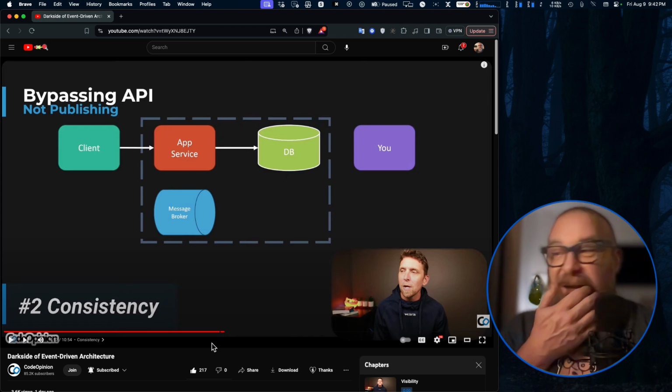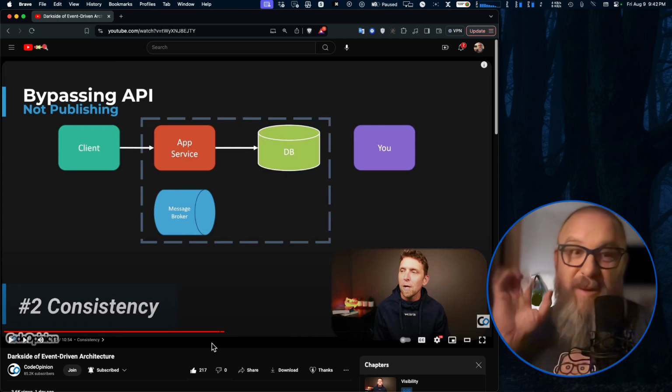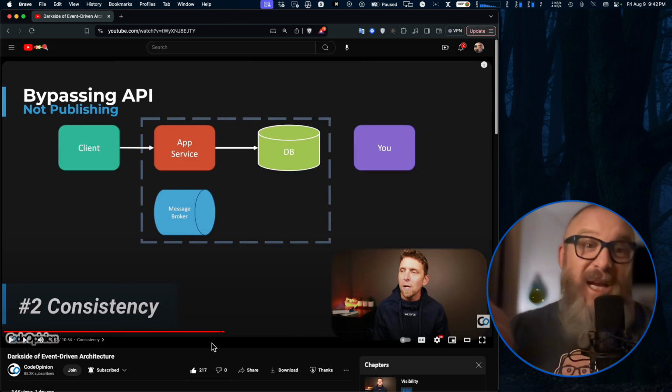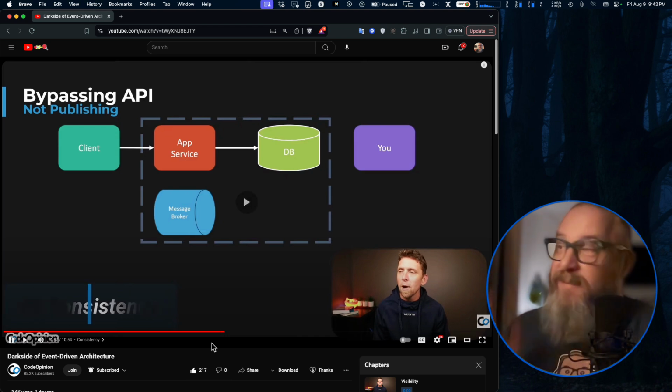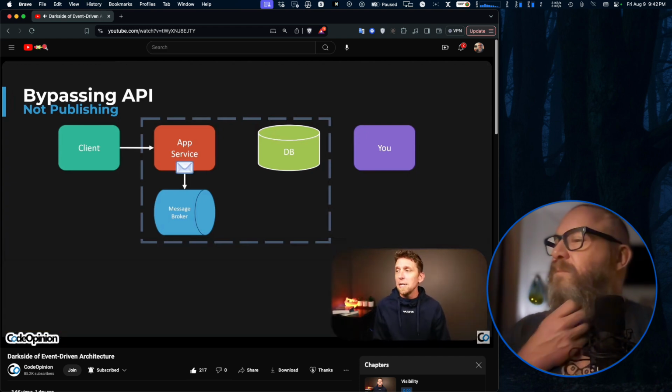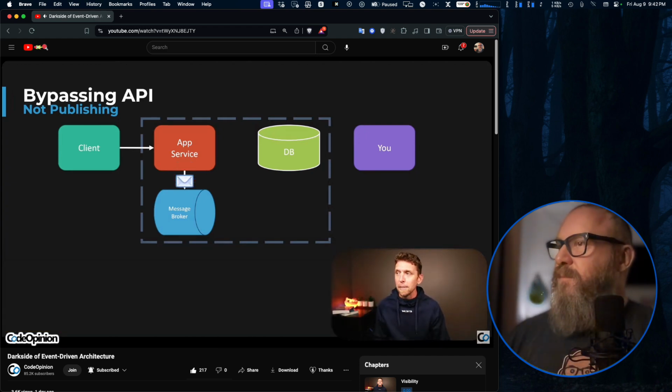And we think that by doing these modular monoliths, we're just not going to have to worry about this consistency issue. Eventually it's going to come up, so might as well think about it ahead of time. To our app service, we make some type of state change to our database because some action was performed, and then we publish an event to notify other consumers that that action actually happened. Great, because then other consumers pick up their workflows like I mentioned before.